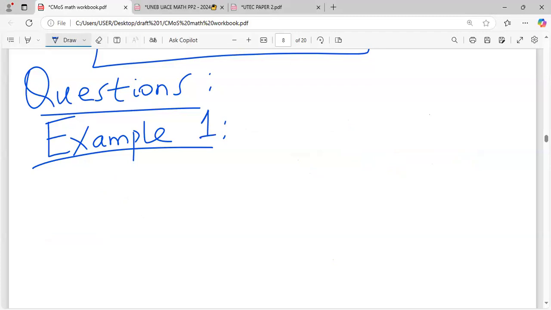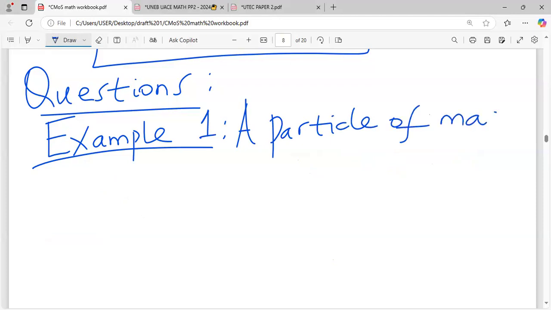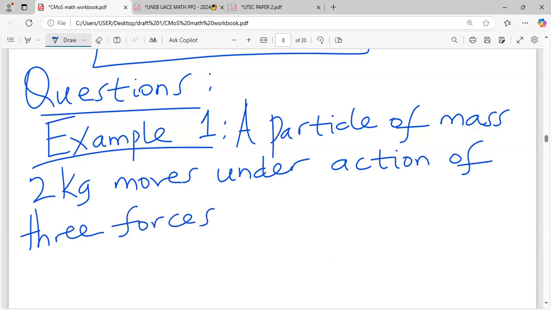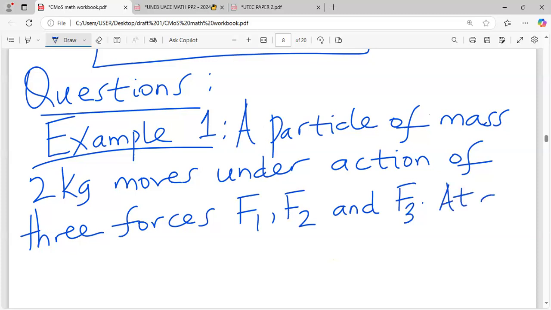So, example 1. They are saying a particle of mass 2 kilogram moves under action of 3 forces, F1, F2, and F3. At a time t,